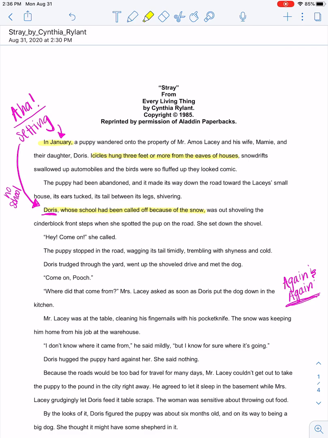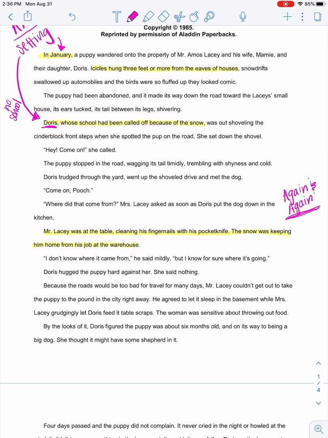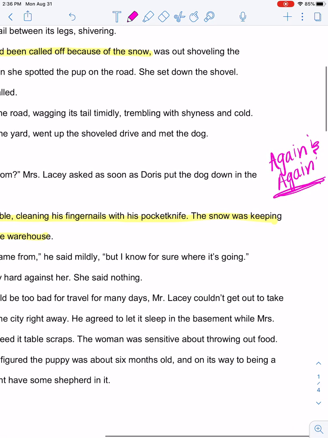Okay, so I need to go back, I need to highlight what is the again and again. So I'm gonna highlight Mr. Lacey was at the table and he was staying home because of his job. Now, as much as we just love to highlight and write in the margins, we need to make sure that we're explaining what that again and again means. So what that means, and like I said earlier, is it's talking about how the weather, oops, I spelled weather wrong,